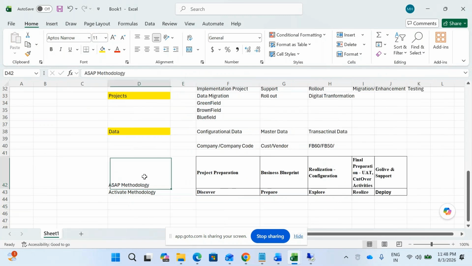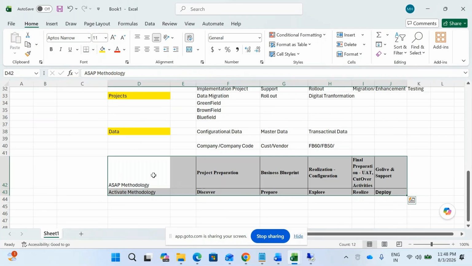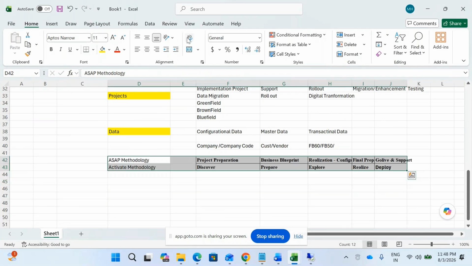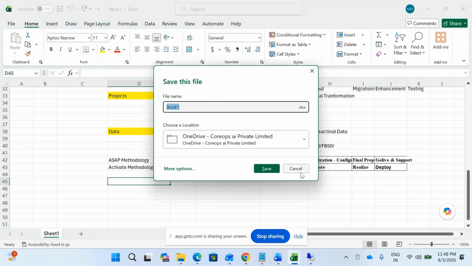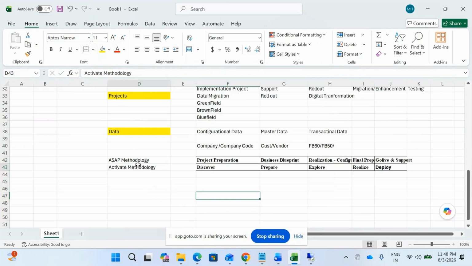So these are basically the different types of methodologies, like ASAP methodology or Activate methodology. But there are other types of methodologies which have come up into SAP, like Agile. But these are the common methodologies that are being used. The most commonly used methodology is Activate methodology. Okay, before that we used to have ASAP methodology, in which